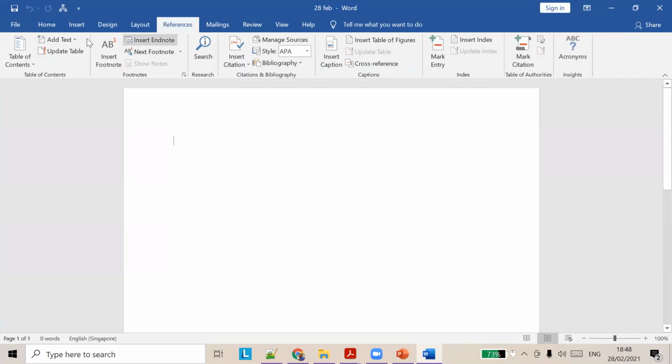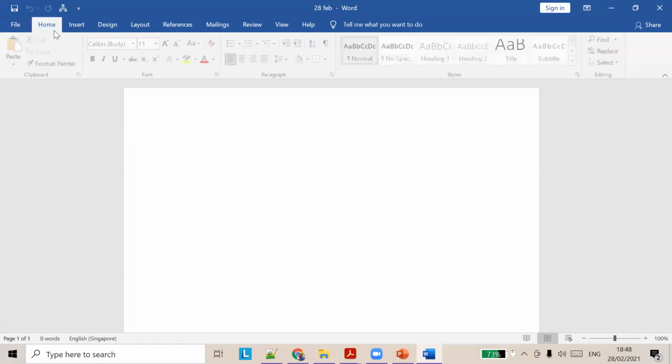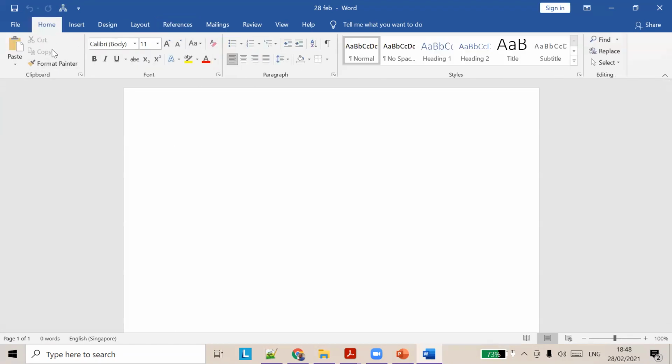To create a heading, we have to go to the home ribbon, and under the home ribbon there is something called styles. Under styles we have different heading types. So let's say I want to create a heading 1. I'll select this one and create heading 1. Normally when you type these characters, it is small. It gets applied with the default font and font size.